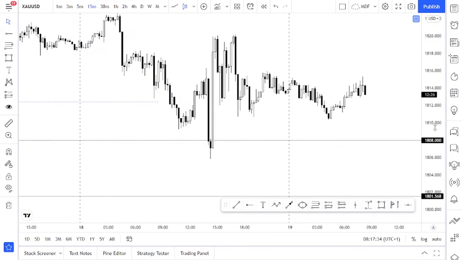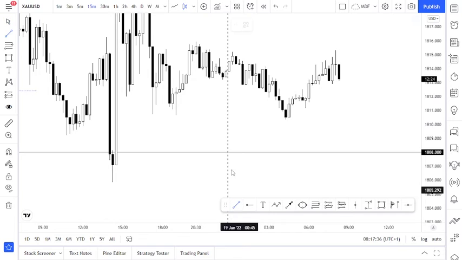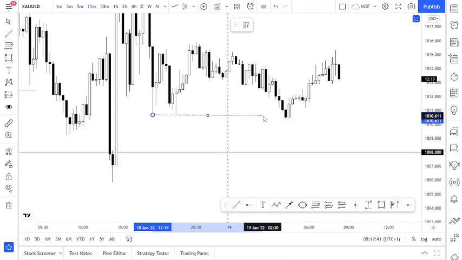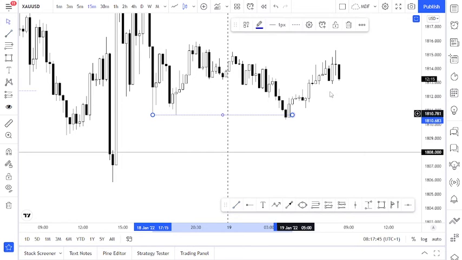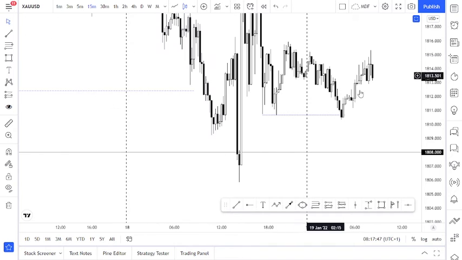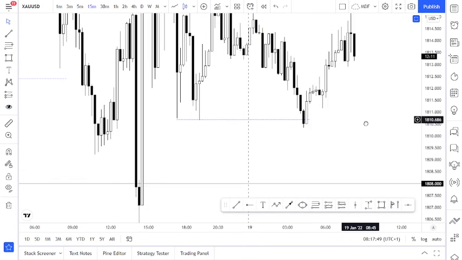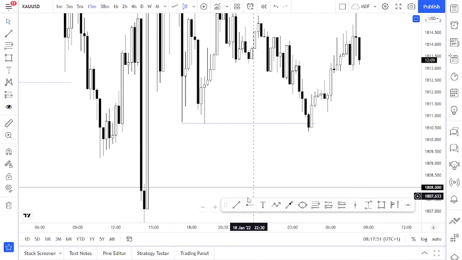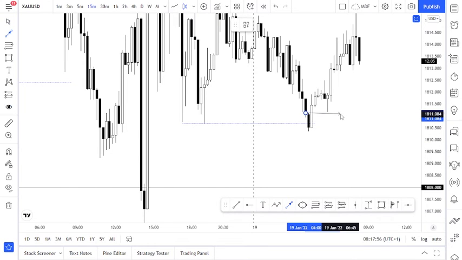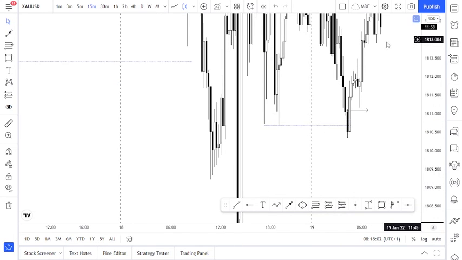Now this morning, because I'm still on this trade, I knew that since gold took out this sell side liquidity, it was going to bounce off. So currently I'm still very bullish on gold. You see gold took out the buy side liquidity, then retested this region here. It already tested this.